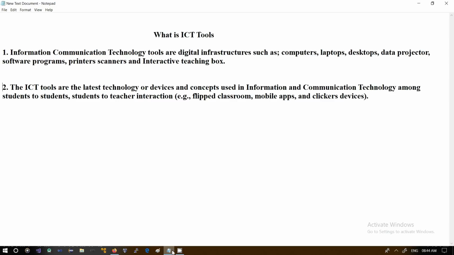Okay, so first what we'll see is what ICT tools are. So what is ICT? Information communication technology tools are digital infrastructure such as computers, laptops, desktops, data projectors, software programs, printers, scanners, and interactive teaching boxes. The ICT tools are the latest technology, devices and concepts used in information and communication technology